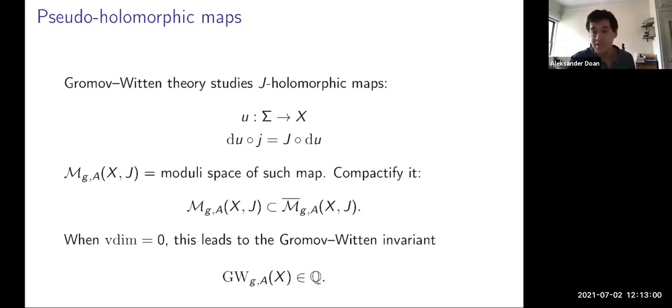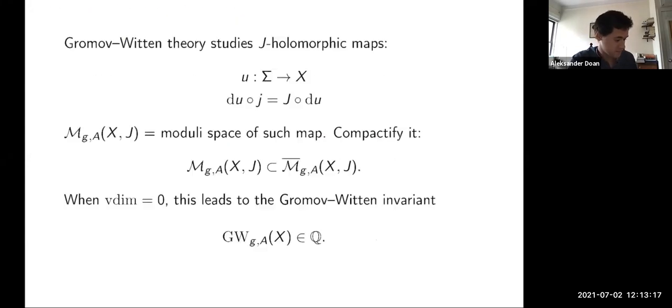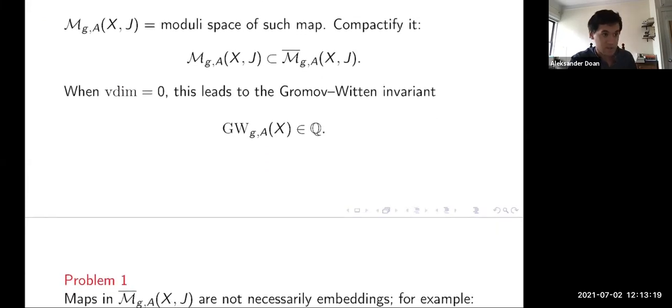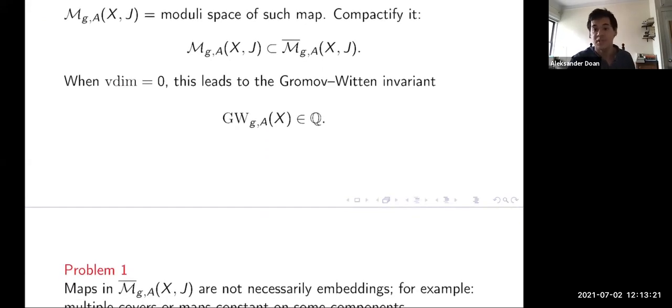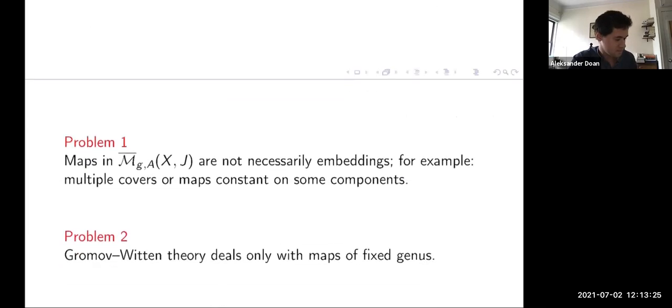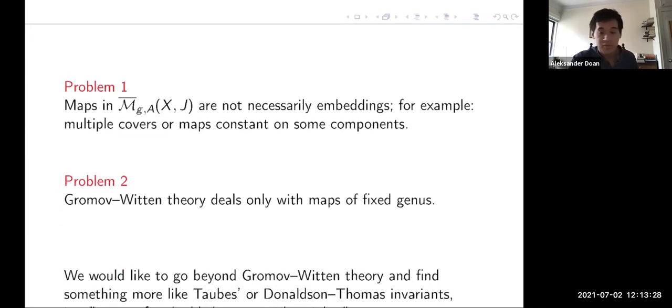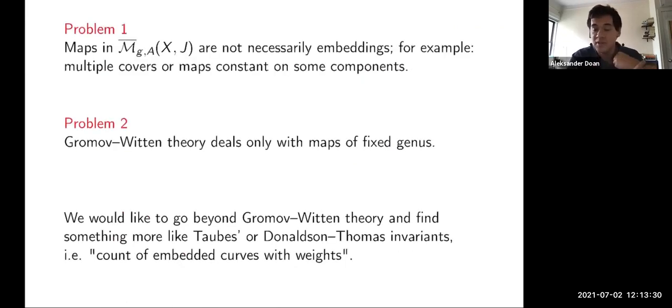So you can ask, what does this rational number actually count? Well, it has contributions from all sorts of maps, including maps that are not embeddings. And that's why it's a rational number, because you, in some sense, divide by the order of the automorphism group. Each curve contributes a rational number because it has automorphisms. So if you are interested in the problem of counting embedded curves,